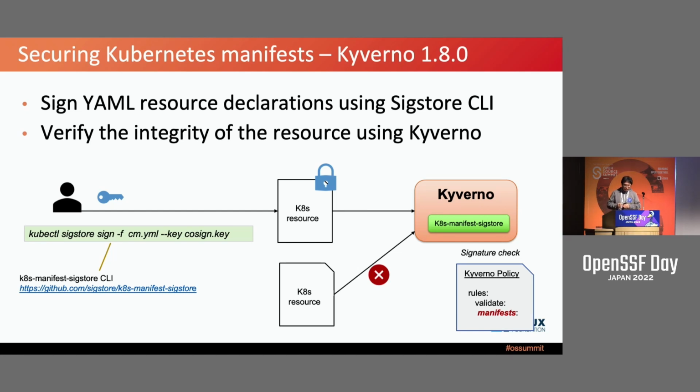Kyverno is very popular. So if you bring the Kyverno policy engine to your cluster, and then sign the YAML manifest using our signing tool, you can protect the manifest with Sigstore signing, and it can be verified at the cluster side. This is a very expanded collaboration for us. We started from Sigstore, but we could collaborate with other communities based on Sigstore.